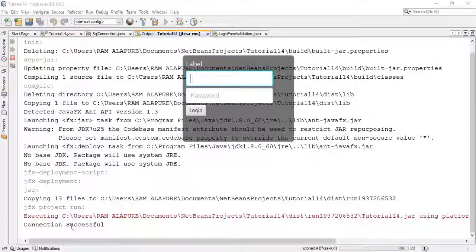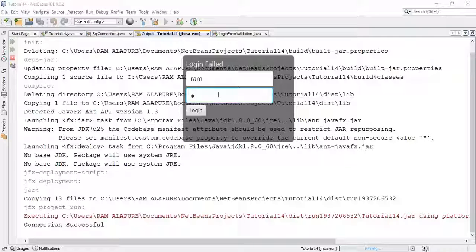So it will print connection successful. Then I'm going to try a wrong password, any random password, and login. So it's working now and printed login failed because I have written a wrong password.